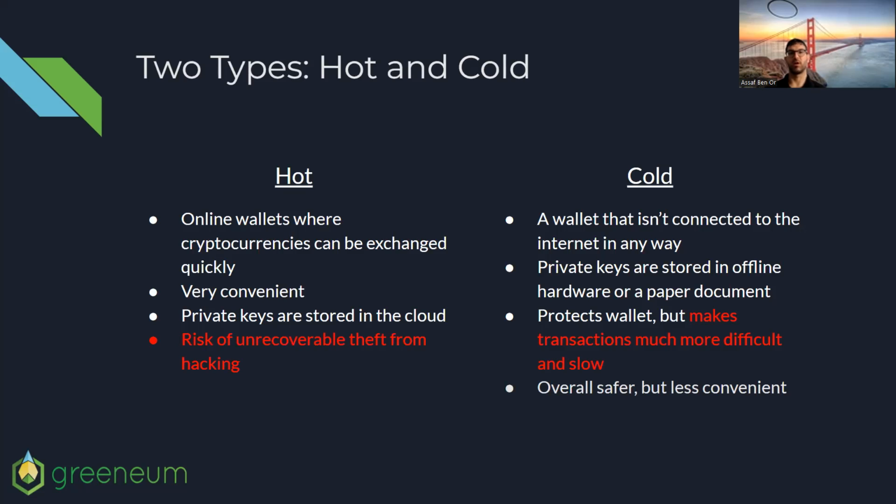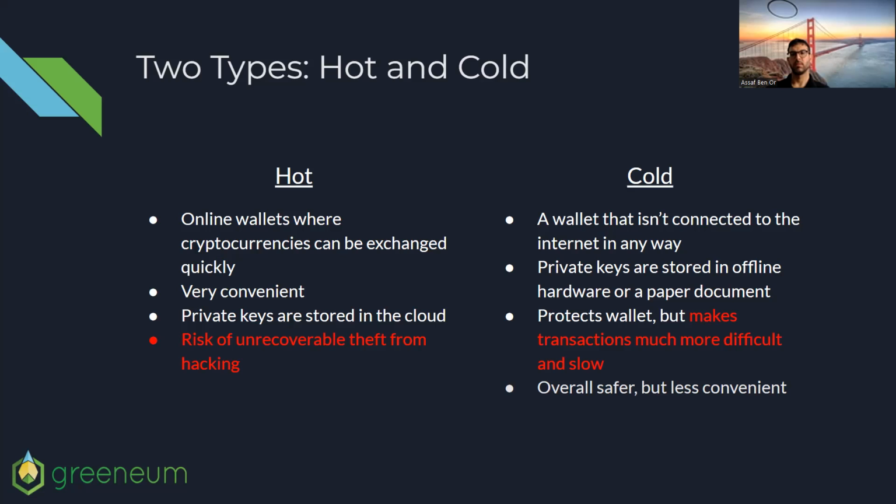Right. Bring us to the hot and cold differences. Yes. So generally, wallets can be separated into two different categories. There's hot wallets, which are online wallets that are really convenient because the private keys are stored in the cloud and they're connected to the internet. So signing transactions is a lot faster, but there's a risk of theft. There's a bigger risk of theft because the keys are online and accessible, a bigger risk of malware or software attacking that,